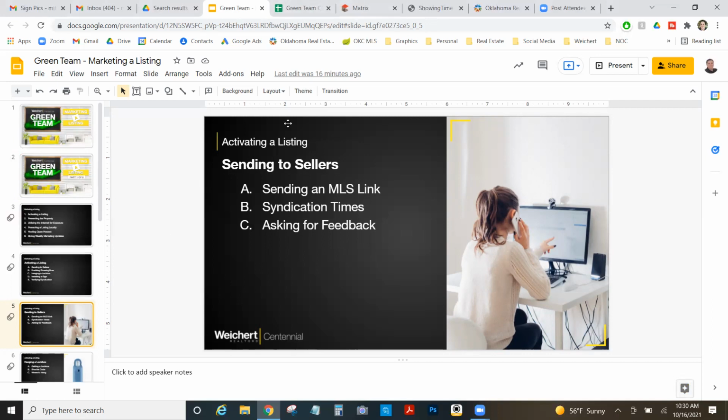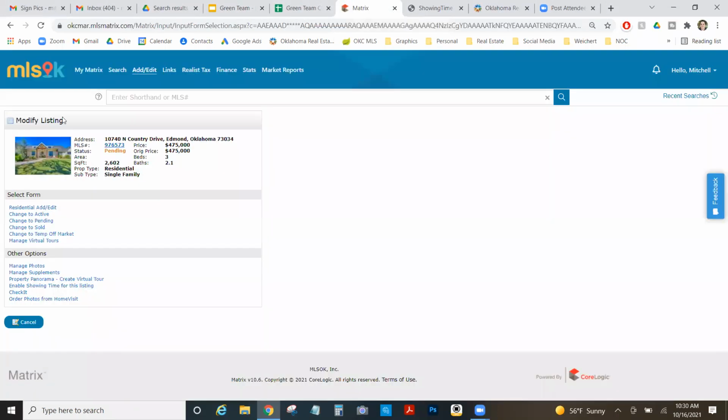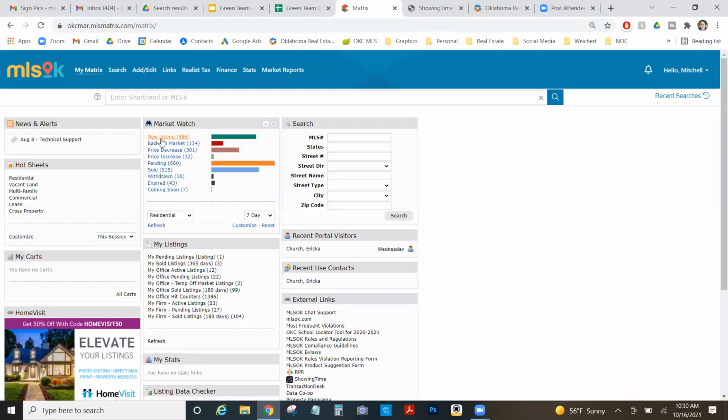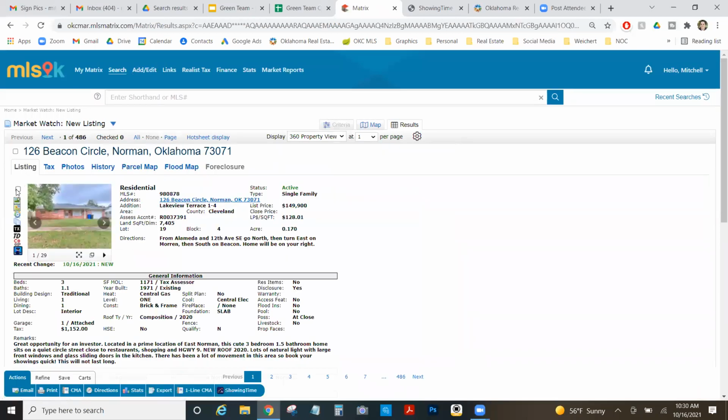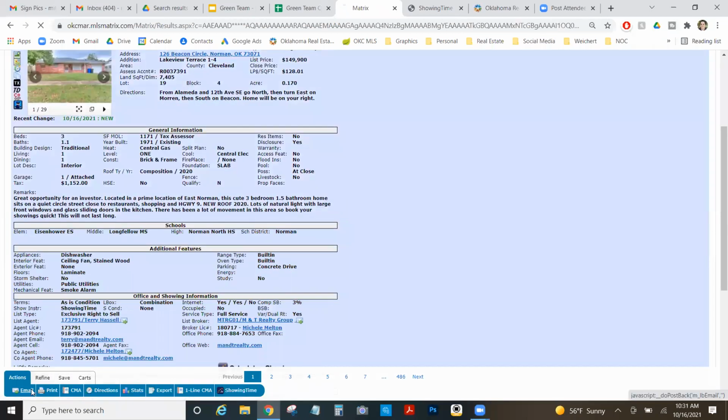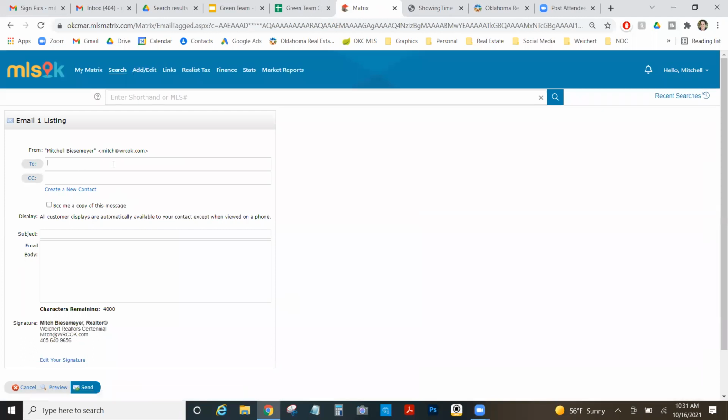If you're sending your listing to your sellers, all you have to do is go into any listing. And I'm just going to grab a random one real quick. So if I was sending this to my sellers, I'm going to click my checkbox and I'll click email. And there I can type my seller's contacts. And I can just say your listing is active. You can see this is what I've used in the past. And then I just put a little message, hey, your listing is active. Feel free to check it out. Let me know what questions you have and if there's anything you see that I need to adjust on the